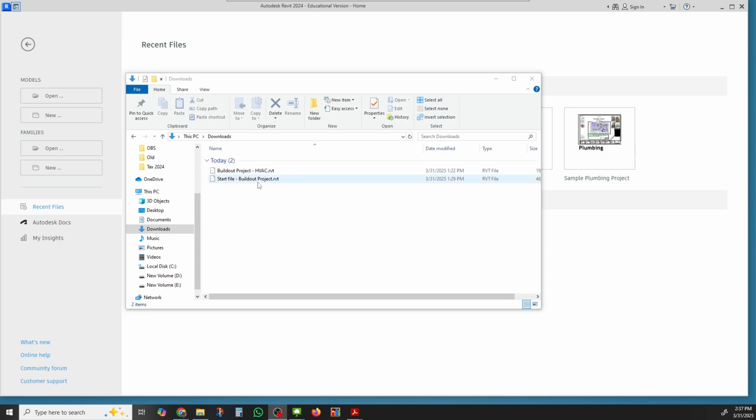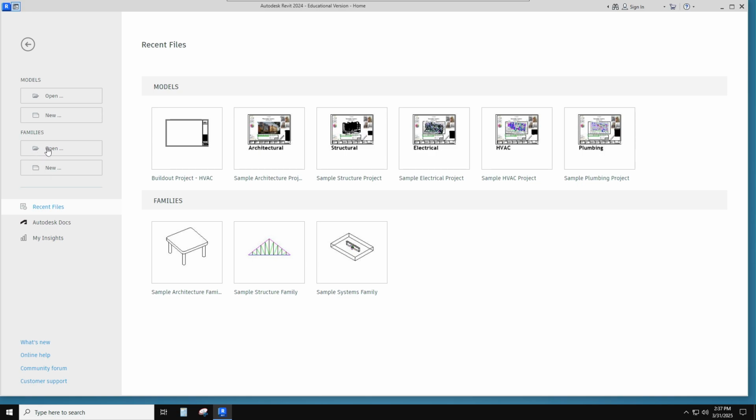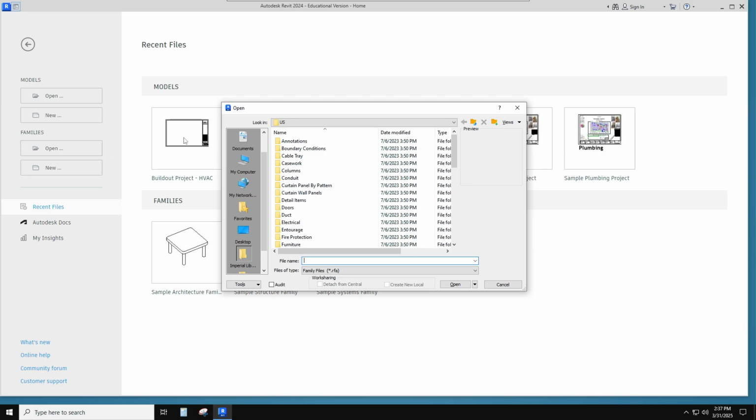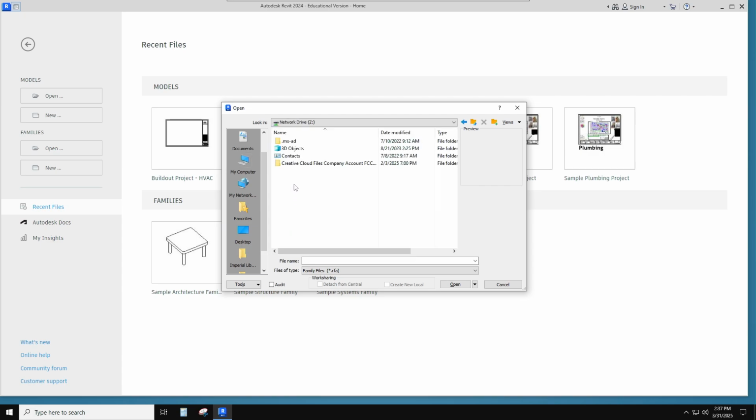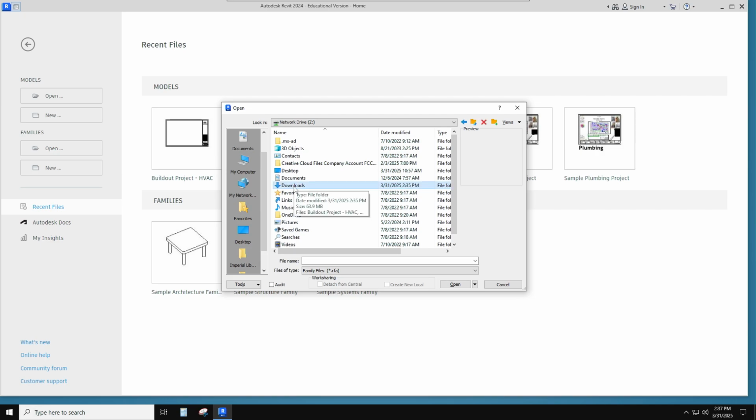So I've got the start file, build out project, which is the architect, and the build out project HVAC file. And they're both Revit files. Okay, and so you need to have both of those downloaded and available. So I'm going to open first, I'm going to open my HVAC file. So I have to go find that. It's on my network under downloads,